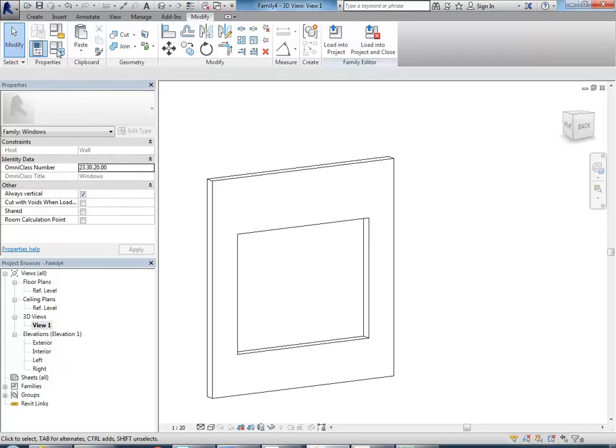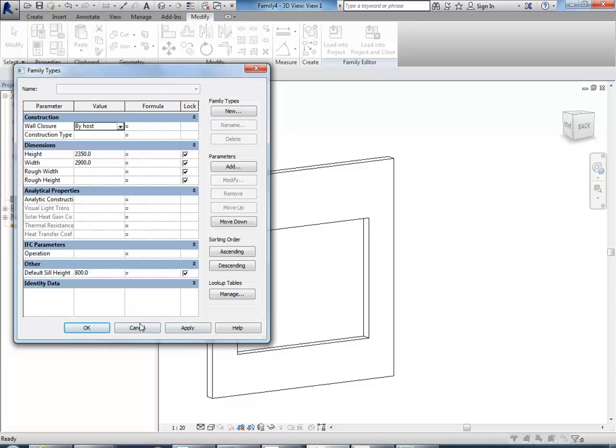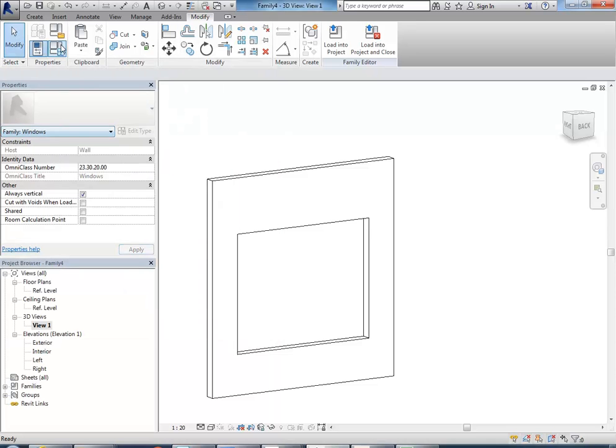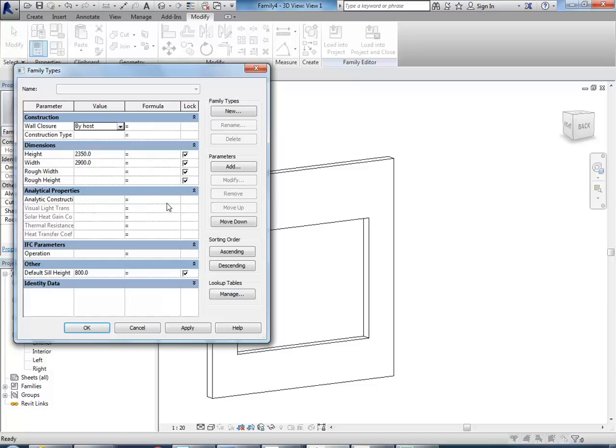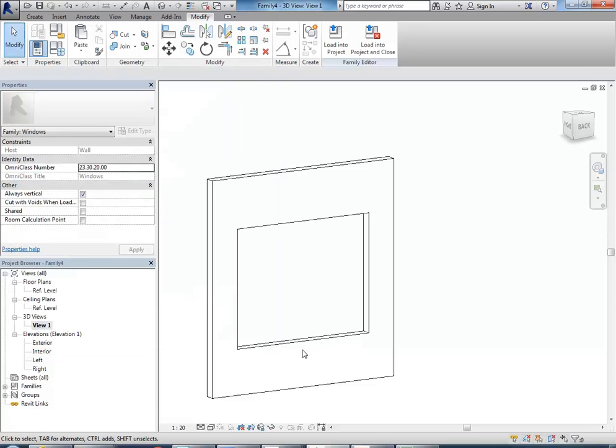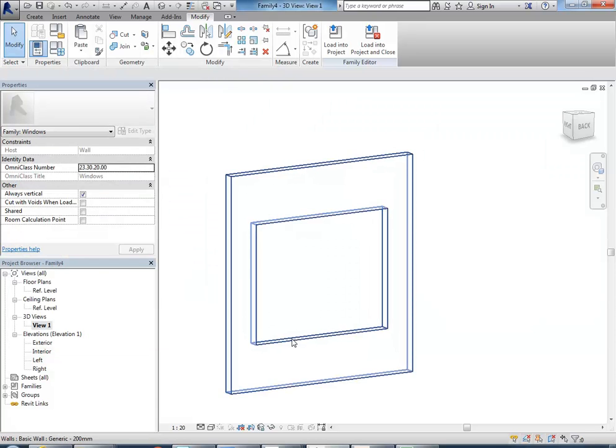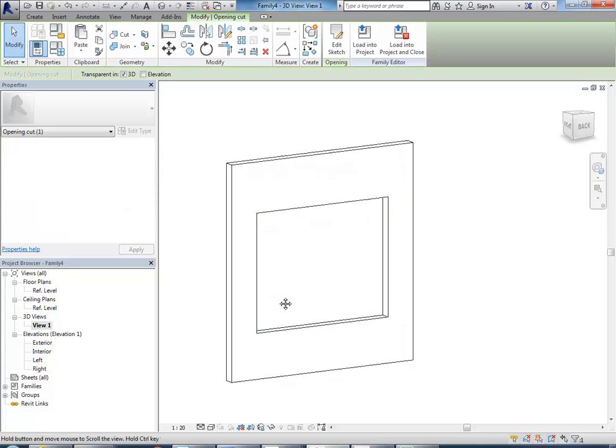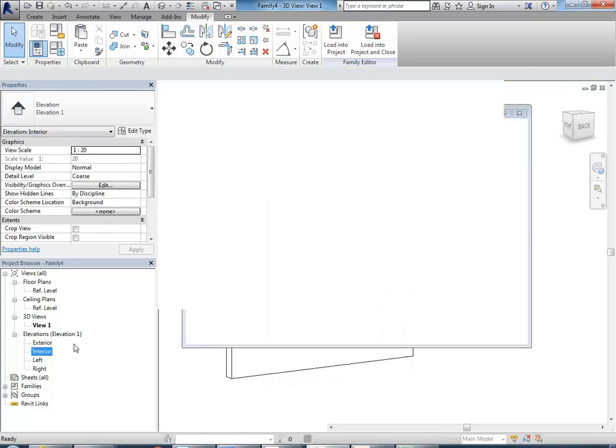So, back into family types, and oops, I just turned properties off, I don't want that. So back to family types, and I'm going to put in a default sill height of 900. Now, let's look at the